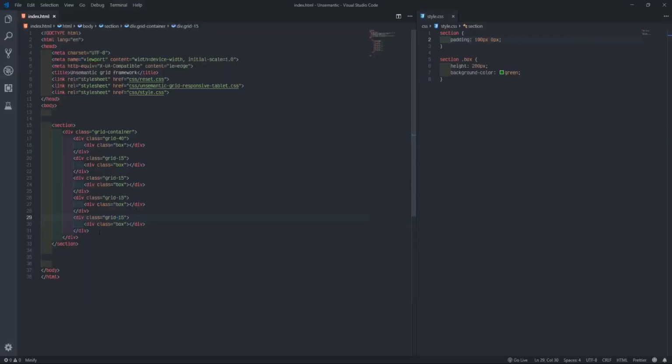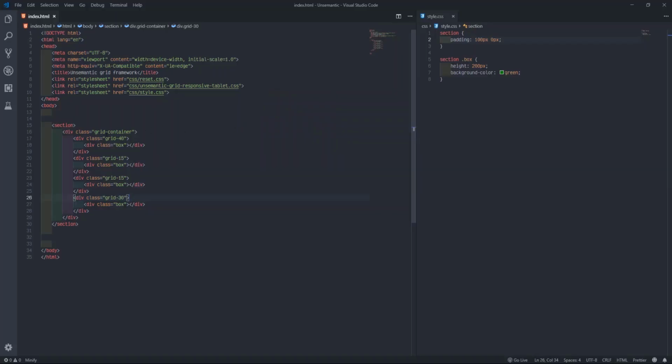You don't understand the flow now? See this here. This one is wide, or this one is small. I'll come here now and say, I'll delete this one, then make this one 30. You see, so this one will be 40, 15, 15, 30. And all of them will add up. Let me refresh now. You see, with just this small thing like this,